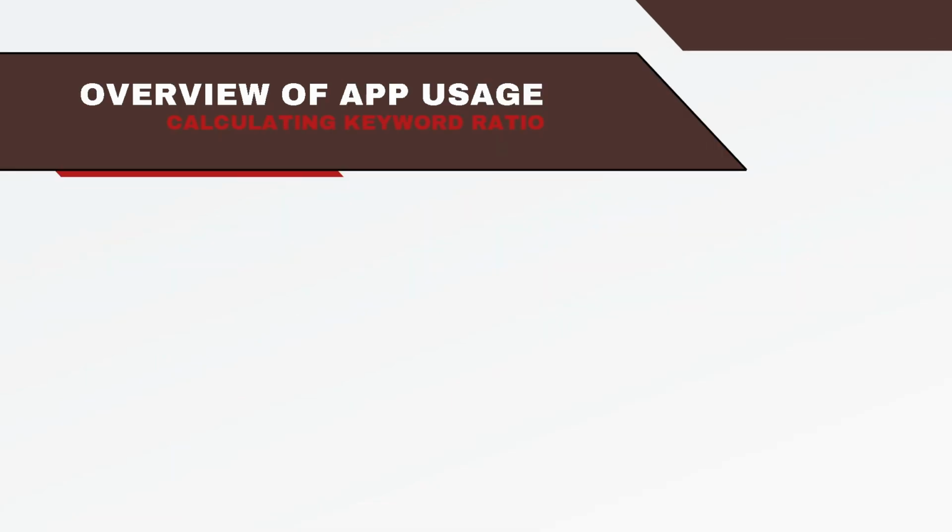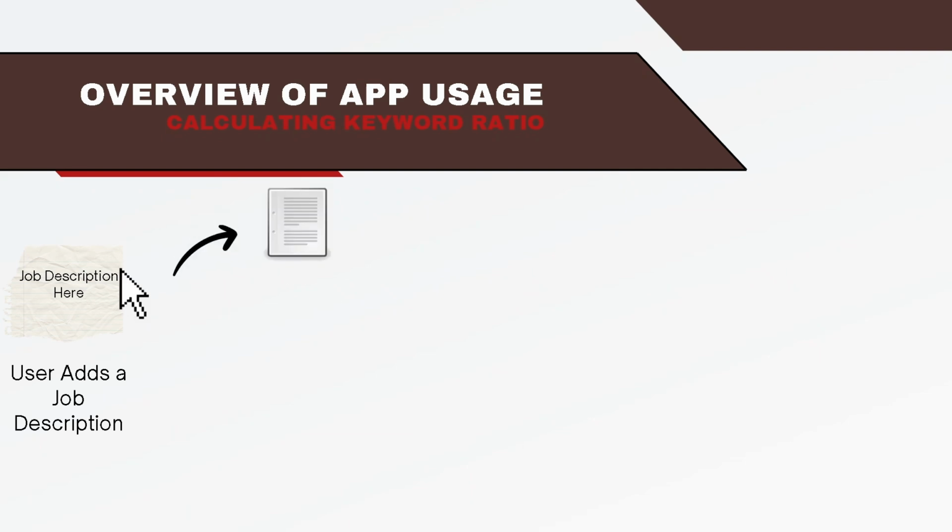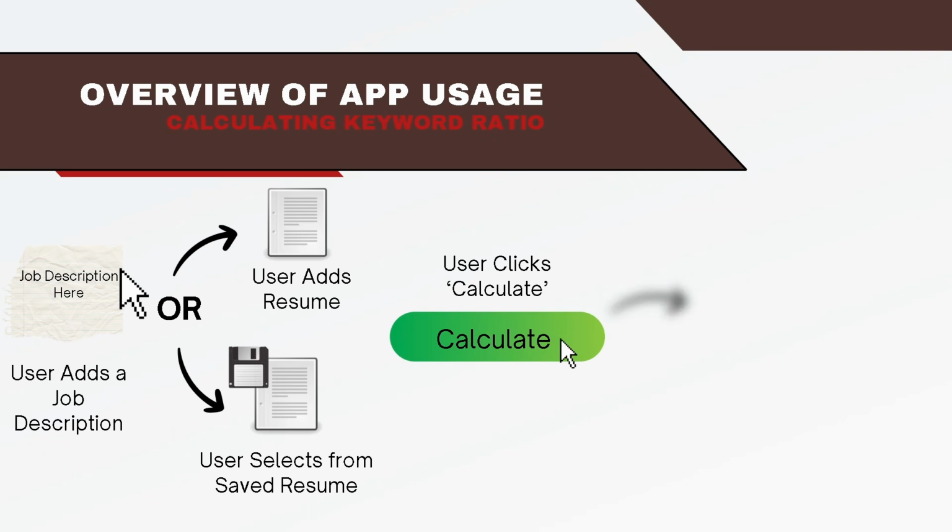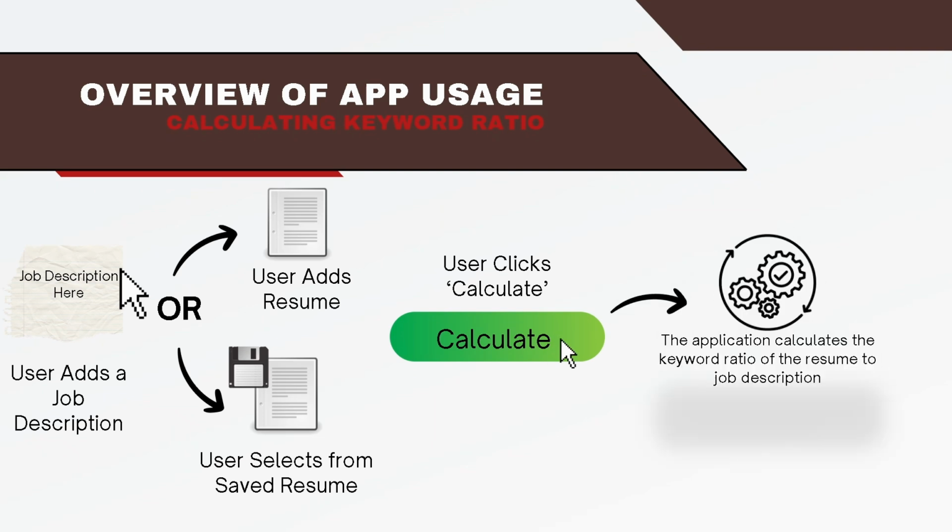Now here's an overview of the app usage. Here's how you'd calculate the keyword ratio. So you might put the job description in that first text box that you've seen in the picture before. Once the user adds a job description, they have a choice of either adding their resume, or selecting from an already previously saved resume. The user clicks the calculate button, and the application calculates the keyword ratio of the resume to the job description. So for example, maybe it calculates like 54% of the words in the job description to the